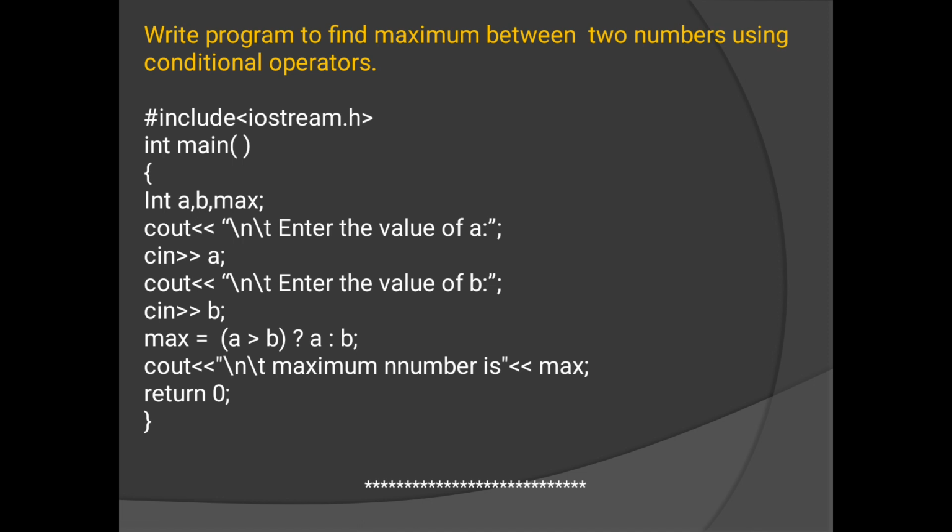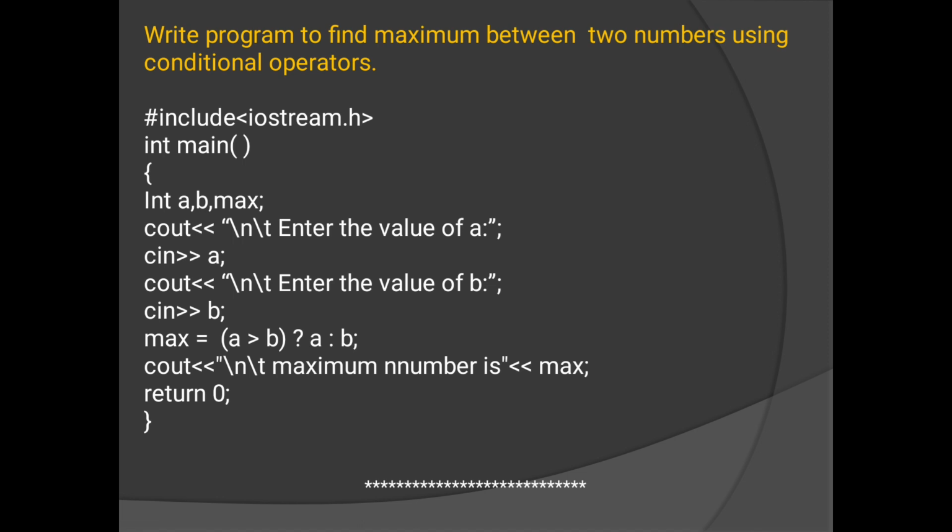As you can see here, you have two variables, a and b, but on the left hand side you have another variable called max. If you are doing a simple decision construct, a selection statement, then it would be: if a is greater than b, cout a is greater, else b is greater. But now in a conditional operator, the test condition will be done between a and b, and based on that, the a or b value will be assigned to the third variable, that is max in this case.